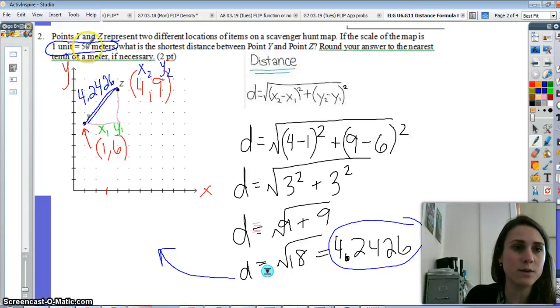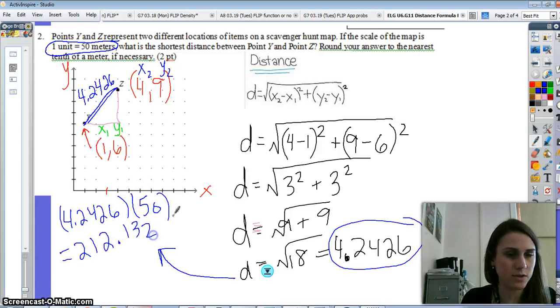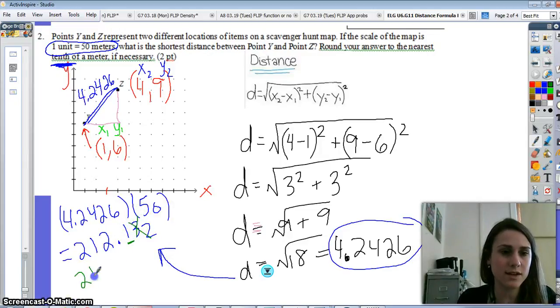So if 1 unit equals 50 meters, 4.2426 units is going to be how many meters? Well, let's multiply that number by 50, and I get 212.132. Round your answer to the nearest tenth of a meter. That is one place after the decimal. The number after it is not greater than 5, so this stays as a 1, and my answer is 212.1